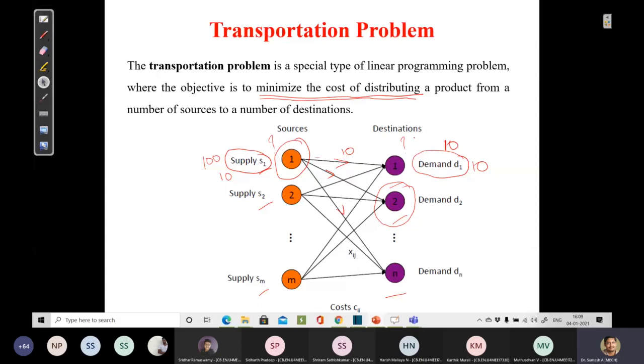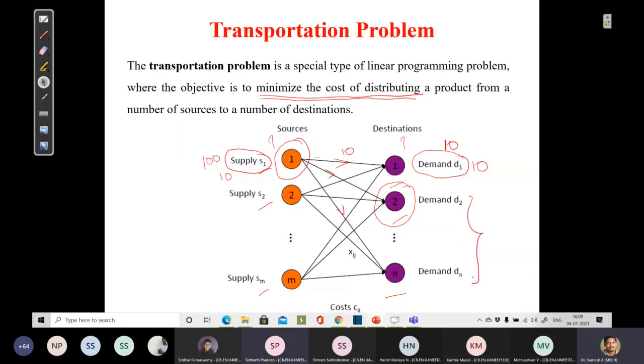Okay, so only that particular demand you need to meet from your supply side. Excess products, if you try to send to that particular destination, may not be held. So whatever the demand is, exactly to cater to that demand, you have to give it from your supply side. Likewise, here the production is 100, and here the demand is only 10. So the remaining 90 you can send to other areas wherever a higher demand exists.